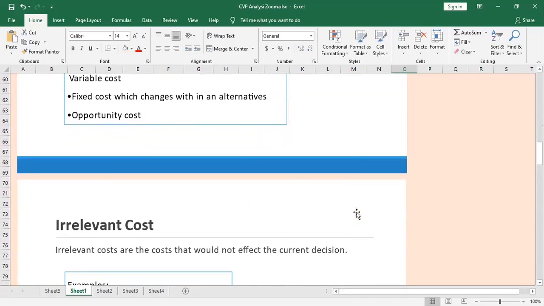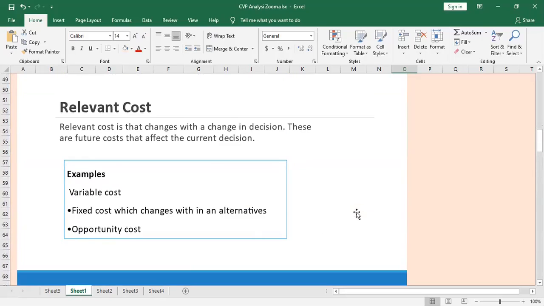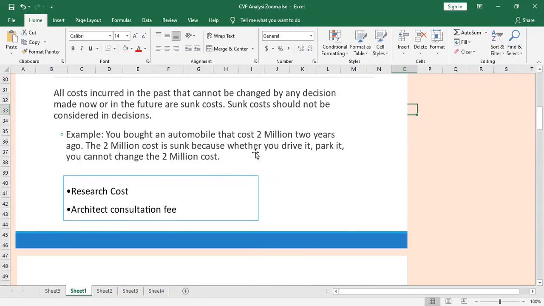So then the irrelevant cost. Now we all know what irrelevant cost is. I already said that all the sunk costs are irrelevant, because when you are making a decision, nothing is going to change. So irrelevant costs are the costs that would not be affected by the current decision. Something like this. Now I can take the same example here. If you look at the same example of this car, we all know that we have to take the license for the car if you need to put the car on the road. Otherwise it would be illegal. So you have to pay it yearly.